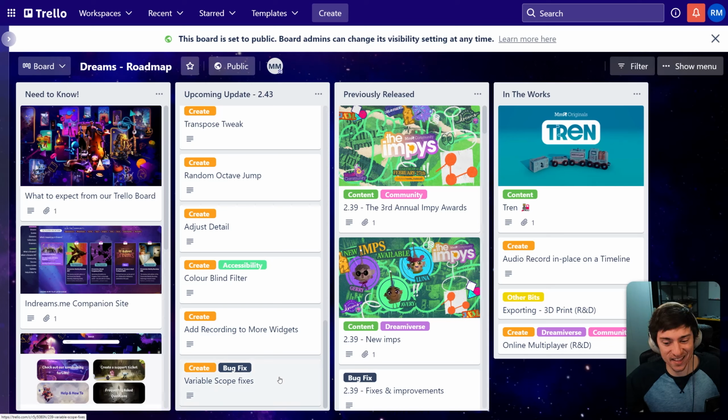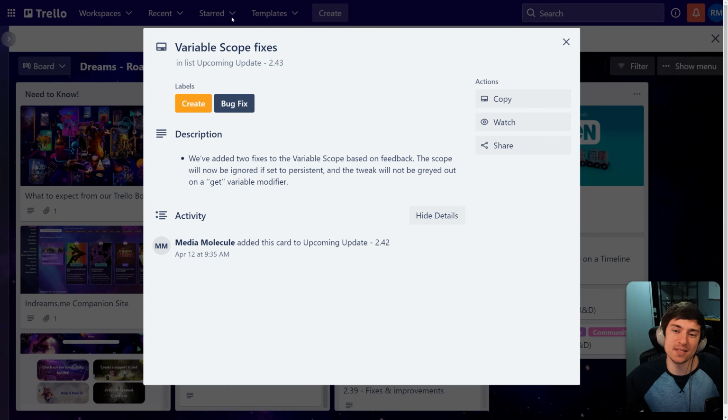And finally, some bug fixes, specifically for variables. So we've added 2 fixes to the variable scope based on feedback. I'm surprised they didn't know about this, but fair enough. The scope will now be ignored if set to persistent, and the tweak will not be grayed out on a get variable modifier. So if you didn't know,